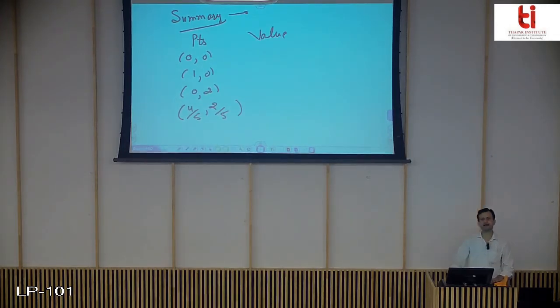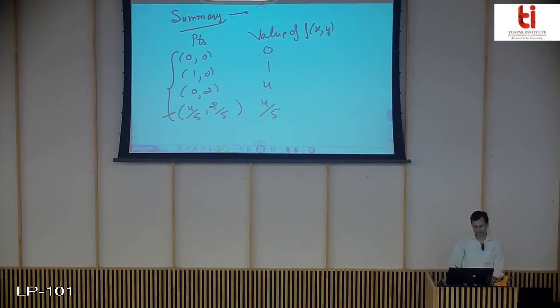And these are all the boundary points. We do not get any point which is an interior point of the given closed and bounded region. So these are all boundary points, and the interior point of the line segment is itself, in a broad sense, a boundary point. The values that we got are 0, 1, 4, and 4 by 5. So these are the values of f(x, y) at these points. So this is going to be the summary.